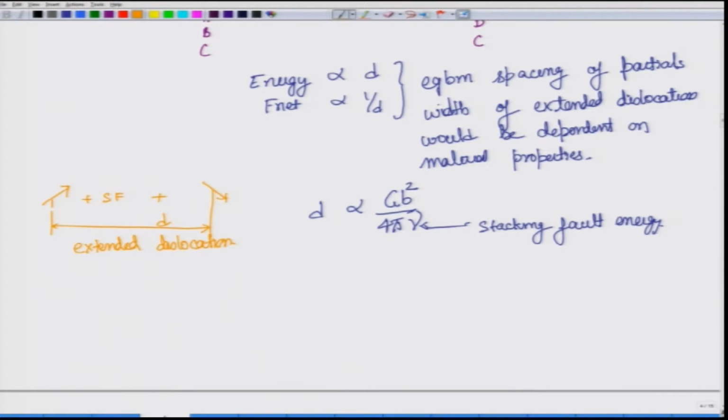Now, what you can observe experimentally is d, and you already would know G and b. It would also mean that you can find out what the gamma is, that is the stacking fault energy of the material, and people have indeed calculated based on this equation. Actually, they have back calculated the energy, and they have found that for aluminum the spacing is, so let me put it in a clean table.